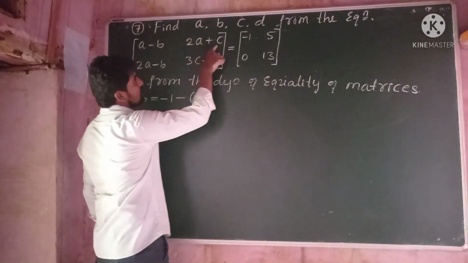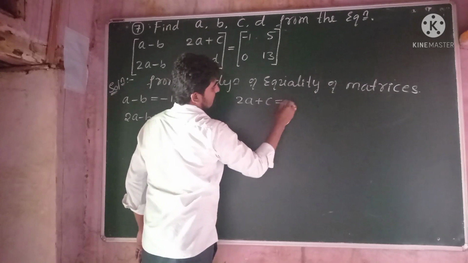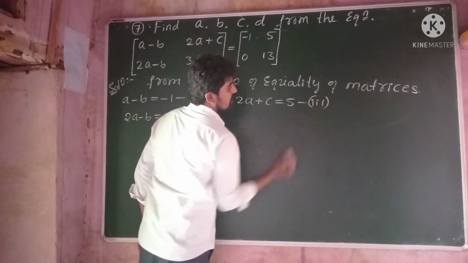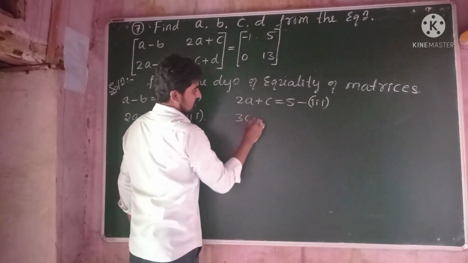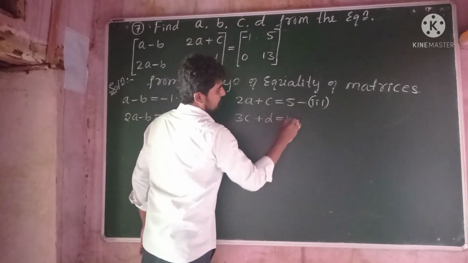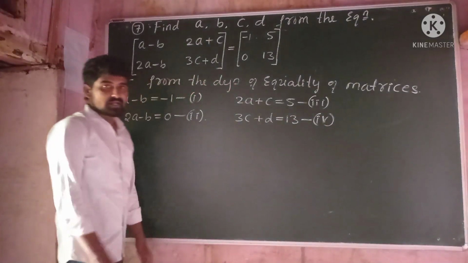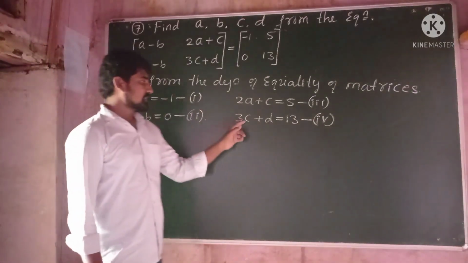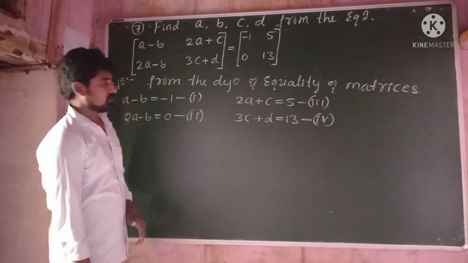And 2A plus C is equal to 5. Call it equation number 3. And 3C plus D is equal to 13. Call it equation number 4. To find the values of A, B, C and D, we need to solve these 4 equations. So for that,